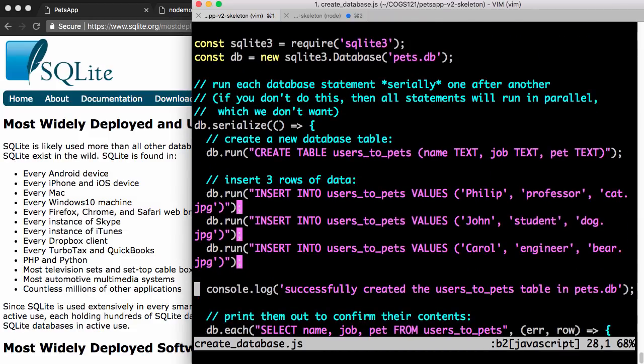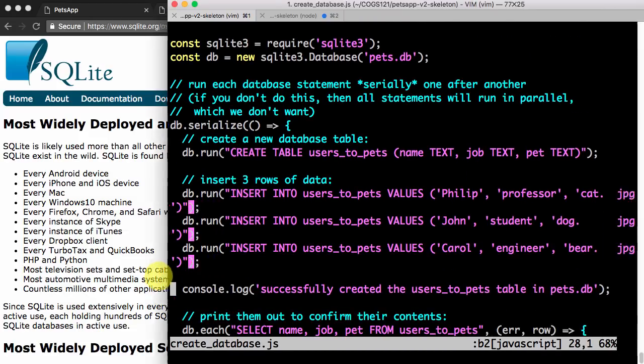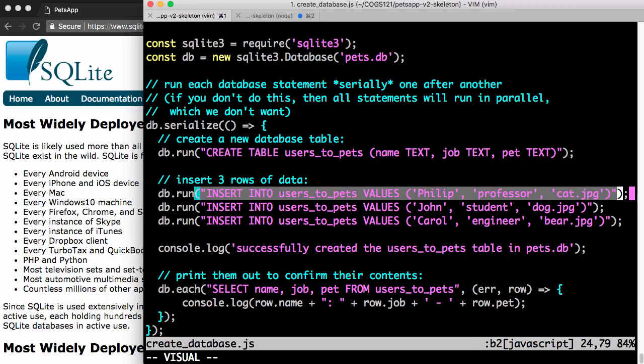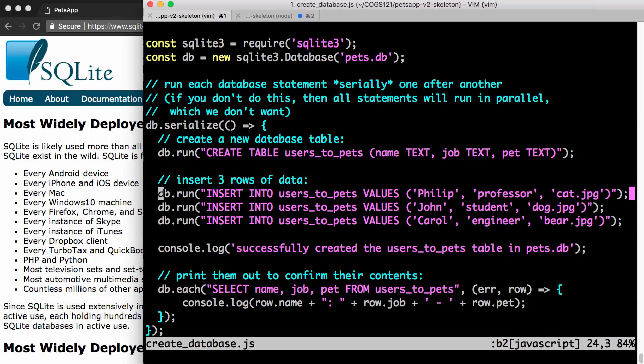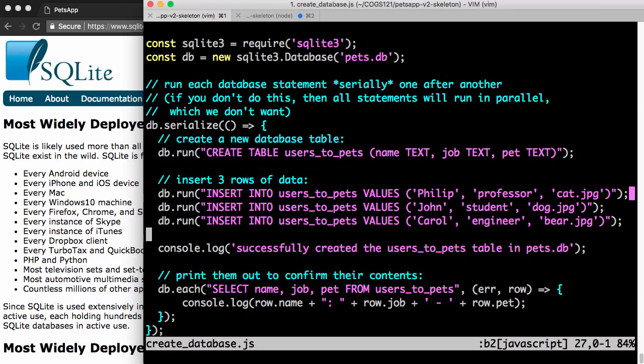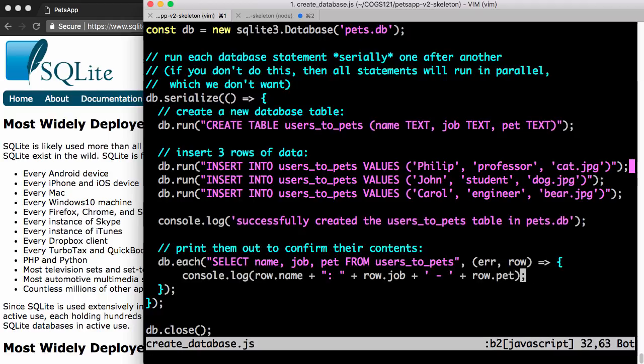And then what these lines of code do, I'm going to make it a little wider, is first create a database table. This is all SQL code inside of here that happens to be run from JavaScript. I create a table and I insert 3 rows. One is Philip, Professor Cat, John, Student Dog, Carol, Engineer Bear. Remember this is the exact same 3 pieces of data we had in our fake JavaScript object database. Then we say success, and then we iterate through all of them and print out their contents. So I just do a select statement and print out all of their contents one by one,